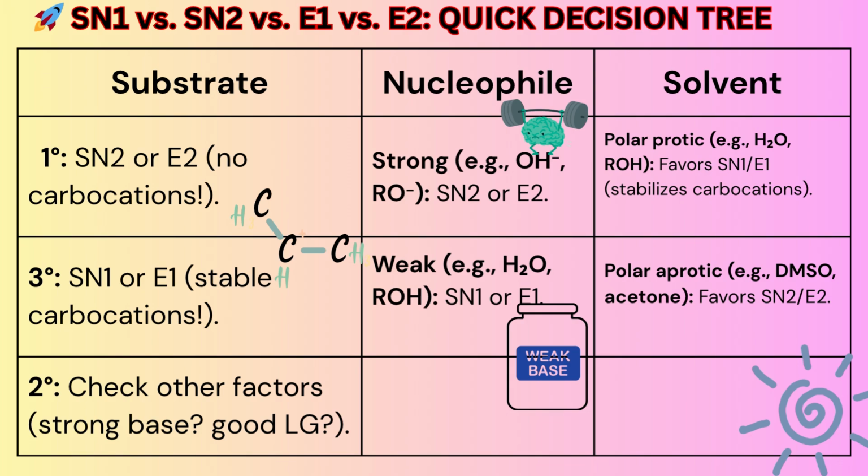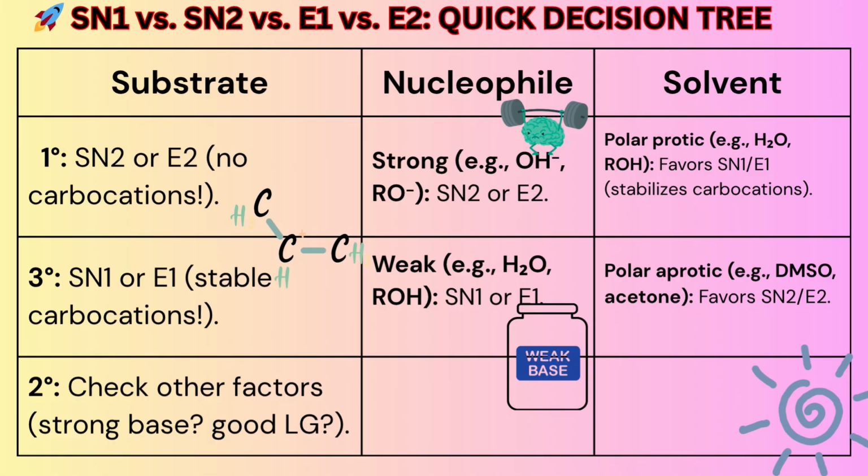Quickly ask these three questions to identify the mechanism instantly. First of all, is the substrate primary, secondary, or tertiary? If the substrate is primary, then it would be SN2 or E2 mechanism. If it is tertiary, then it would be SN1 or E1 mechanism. And if the substrate is secondary, then we have to check other factors, that is, a strong base or